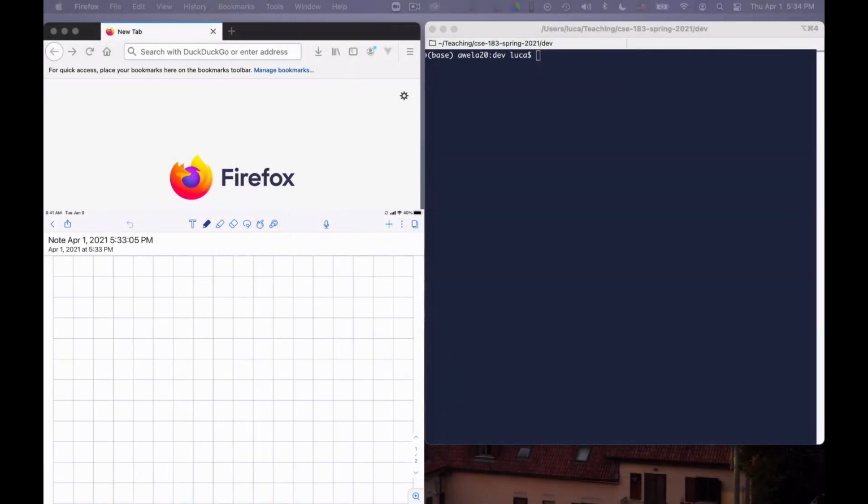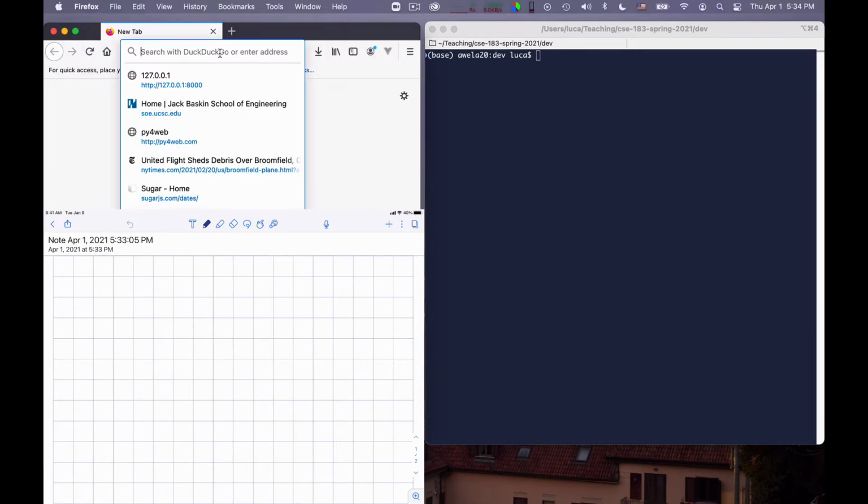We have seen how to produce web pages locally on our file system that we can load. But what we would really like to do is build servers that can serve web pages to the whole internet. So let's take a look first at what happens when you get a page.